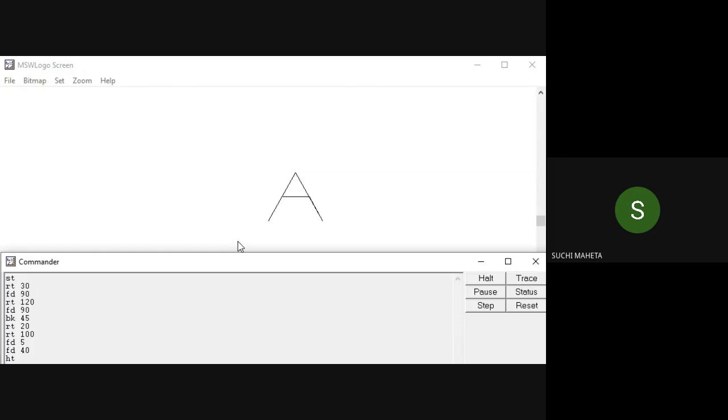Okay. Everybody on page number 86, you can see that there are 2 different shapes on page number 86. Type the following commands and find out the output. Right. So we will do that. The commands are a little bit long, so please bear with me. Then you will draw the shape, whichever it is, 1 and 2 we will do. Okay, let us start.